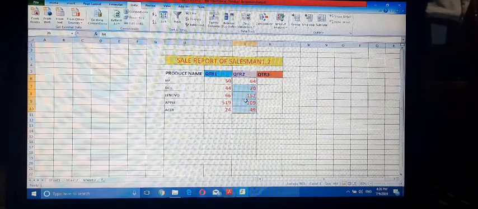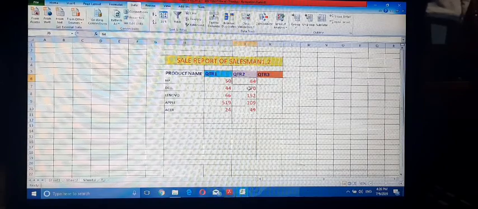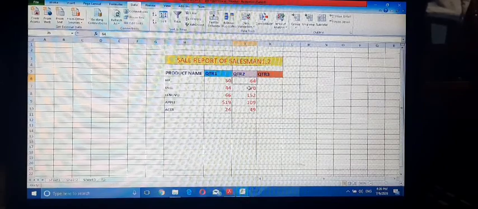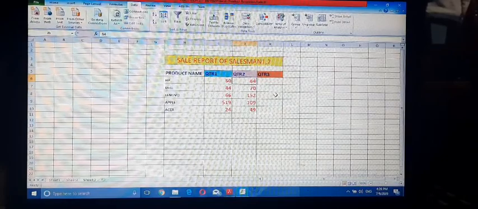This is the sum of quarter 2 data of salesman 1 and salesman 2. In this way, you can consolidate data.